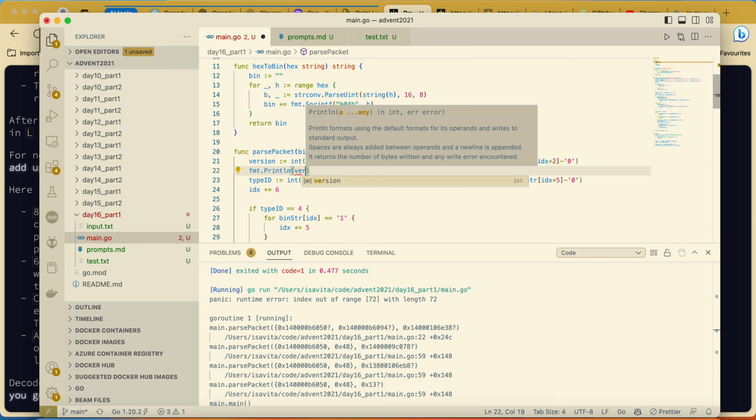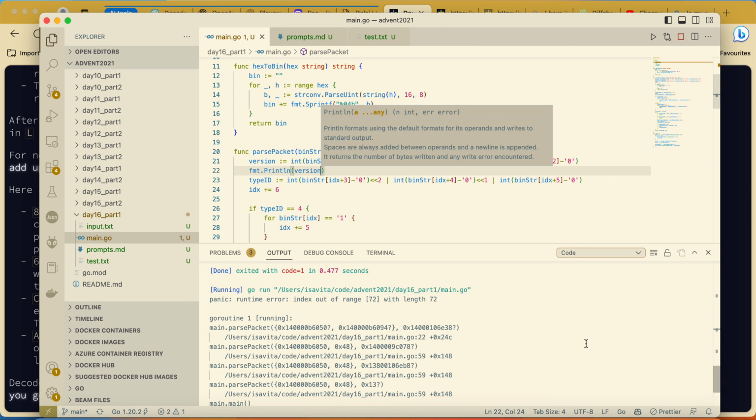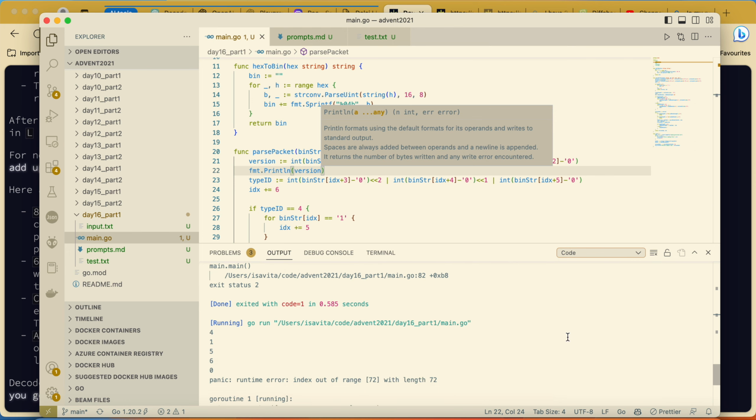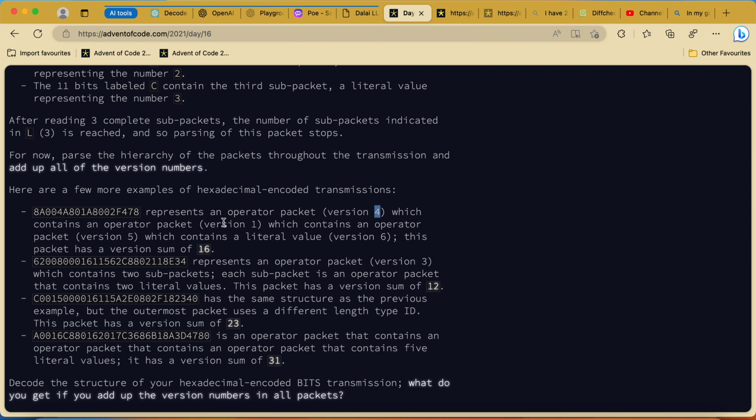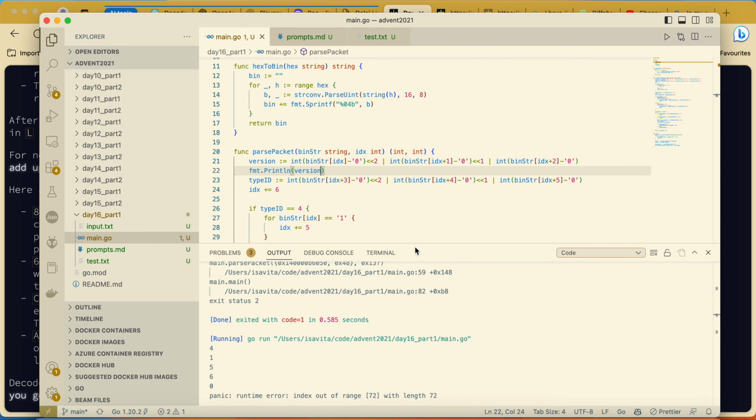Our version sum should be 4156, and here the 0 is because we probably don't cut our binary string input.